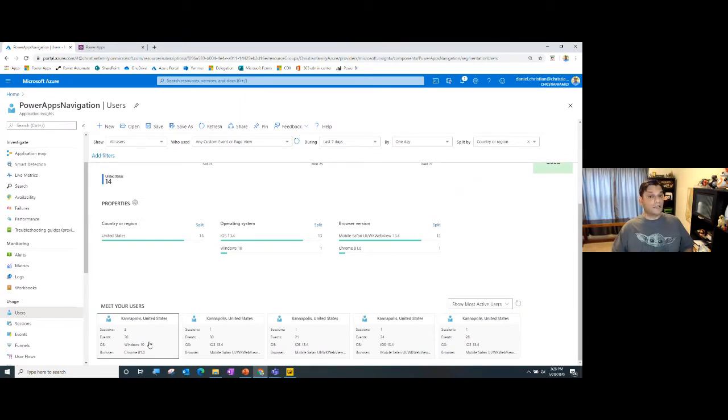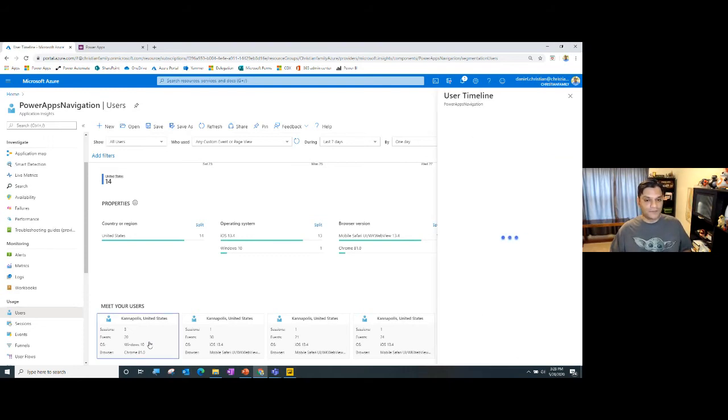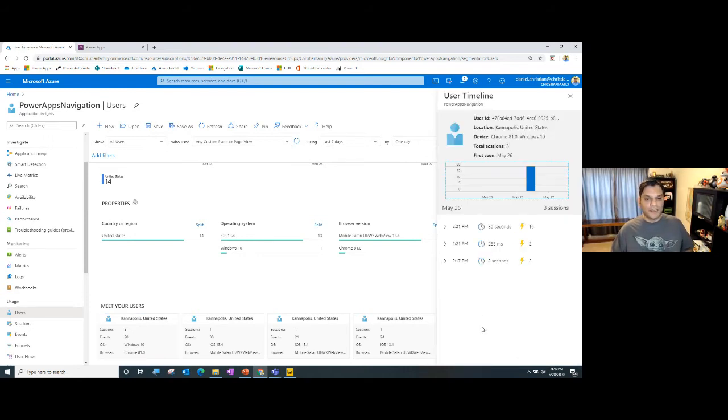But let's not just stop here. Okay, this is where you're going to start getting impressed. I'm going to click on this, and now it's loading. And check this out. I'm going to give you a minute just to absorb this. So it's telling me everything about this one user. So the total number of sessions done by this user ID, and I'll speak a little bit more on the user ID in a second, about this user, how many times that user has used that location, all devices, which means that this user has used mostly the desktop and prefers Windows 10, prefers the Google Chrome over there. But check this out.